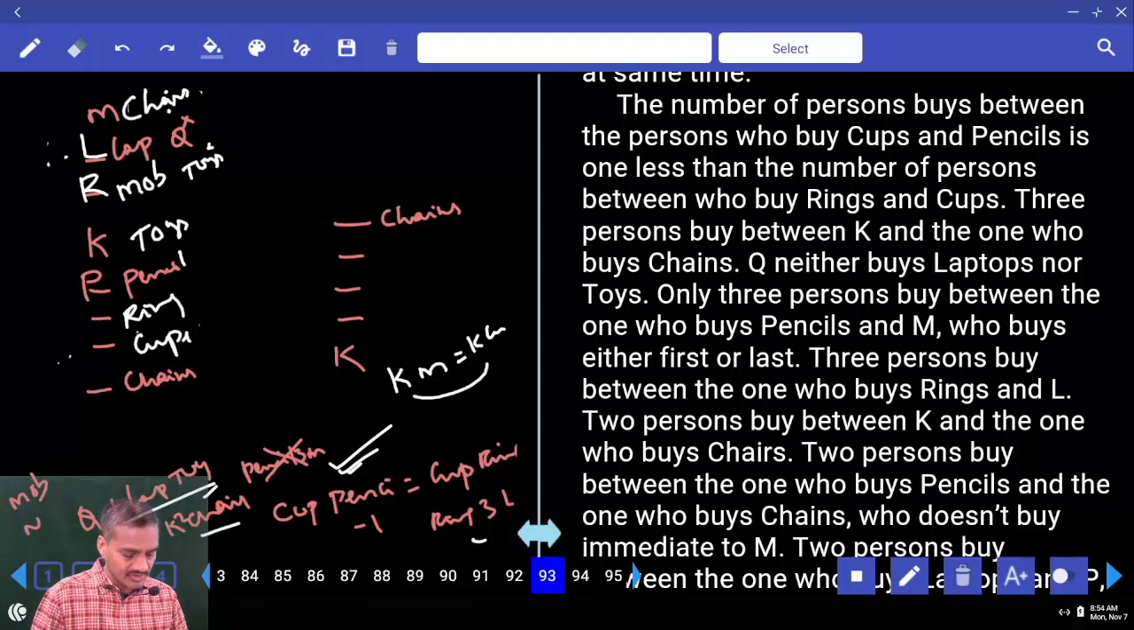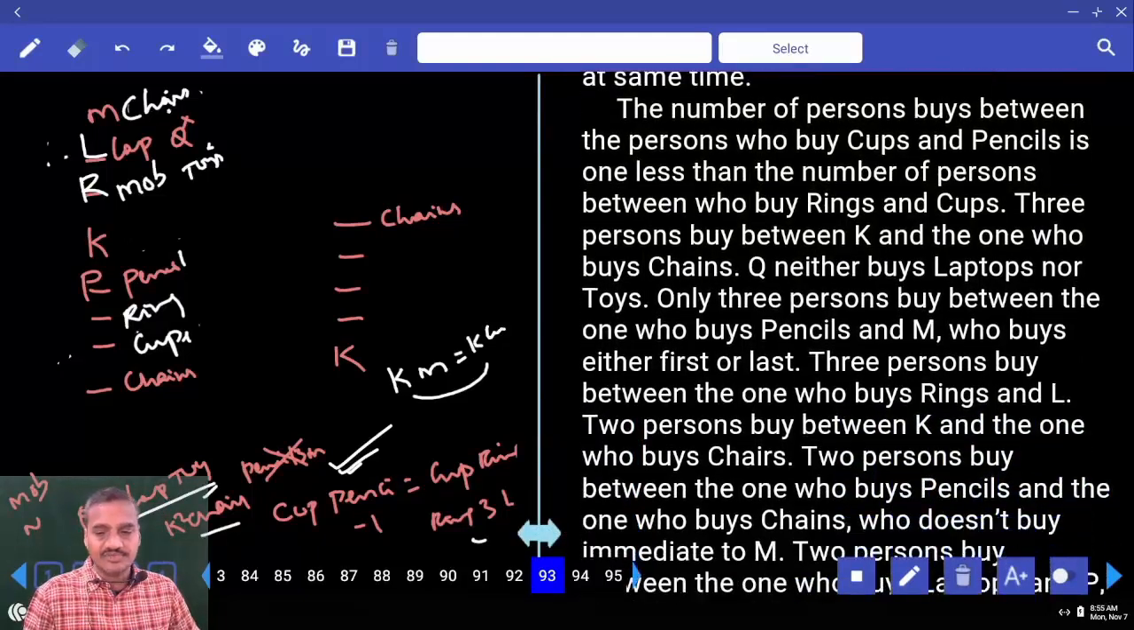Now where should the cup be, tell me. Cup cannot be at this place, isn't it? Hence where can we have this cup then? Then can we have toys at this place? Can we put toys here? Suppose toys come here. Then